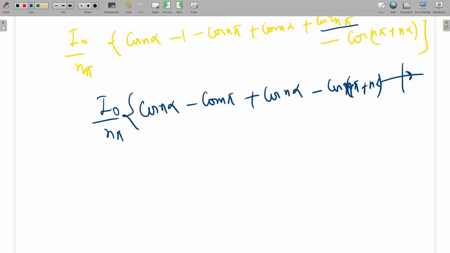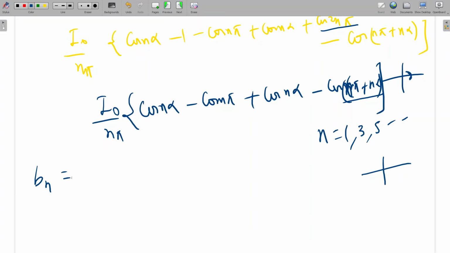Up to now, is it clear to all? Yes, sir. Okay. So for n equal to 1, 3, 5, what will be the value? See, cos n pi will be negative, so it will be plus 1. Okay. What will be the value of cos of n pi plus n alpha? It will be minus, so minus minus will be plus. Okay. So Bn will be I naught upon n pi